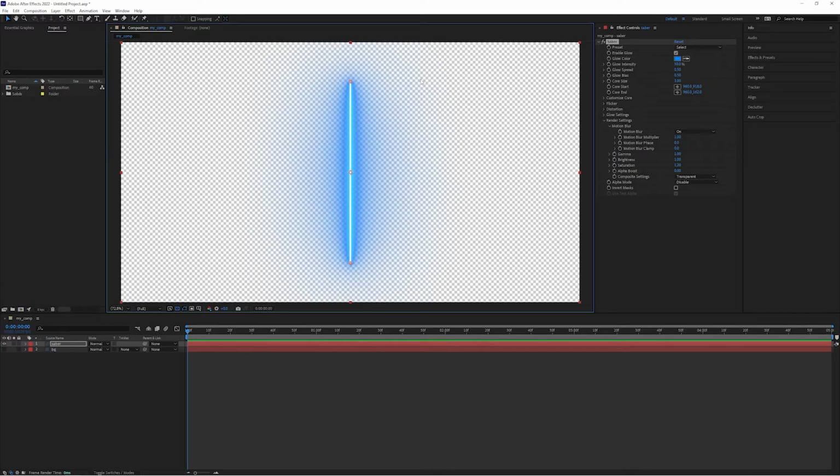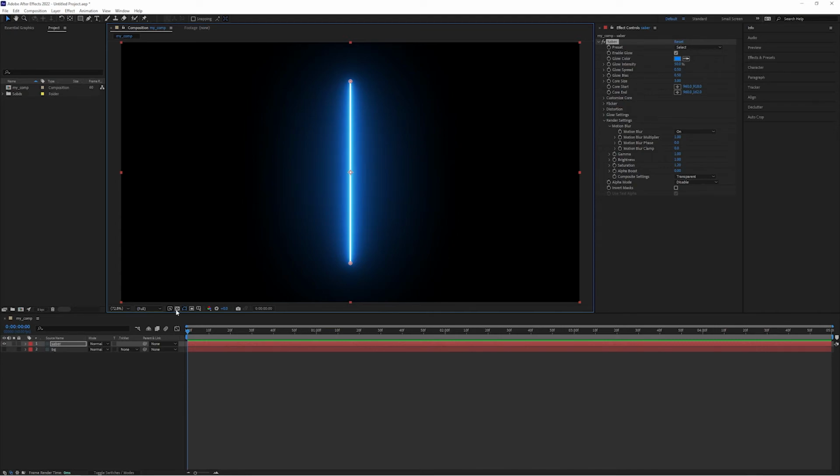truly is transparent. Now, this doesn't fix the bounding box issue with the size of your glow that many people have run into with Saber. So if you run into that, you'll still have to create a larger composition or layer size to move the edges of your layer away from the glow. But it is, in my opinion, the proper way to do transparency with Video